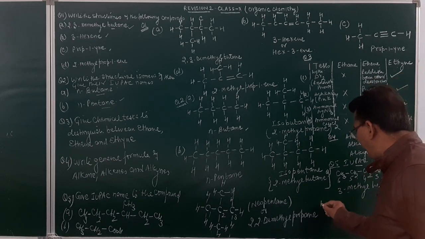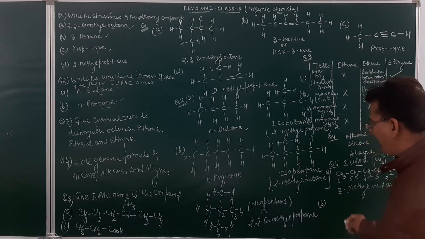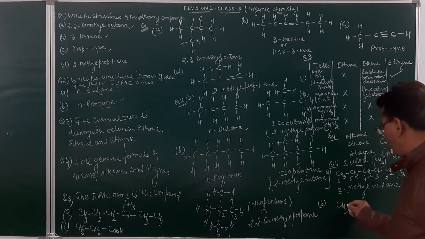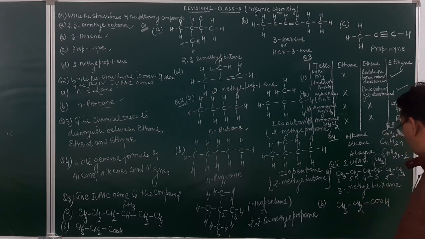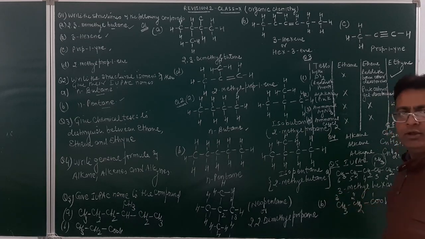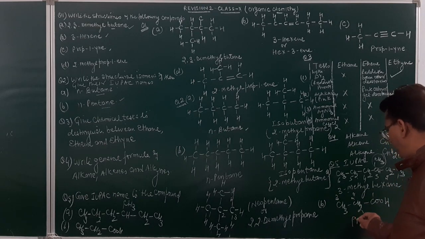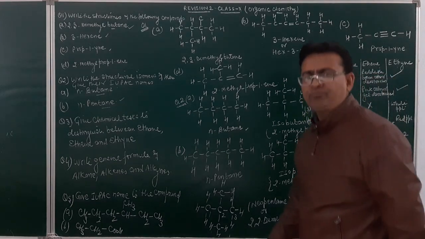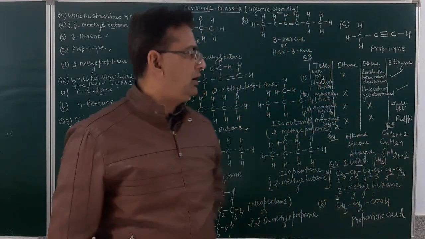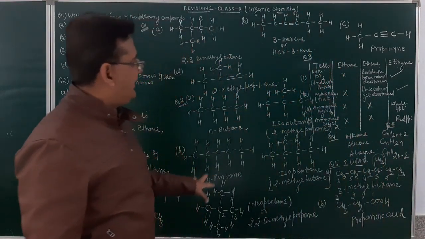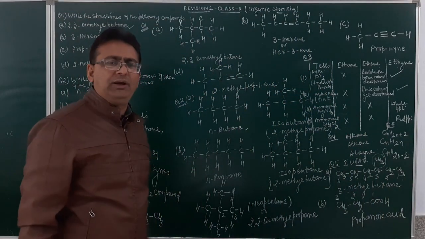Now look at the B part. It is given as CH3, CH2 and COOH. So the COOH group is a functional group. It will be given numbers 1, 2 and 3. For 3 carbon atoms, what is the root word? This is prop, single bonded ane, and the suffix will be oic acid. So the name of this compound will be propanoic acid. Is it clear, student? So this is how you have to solve the questions if they are asked in the